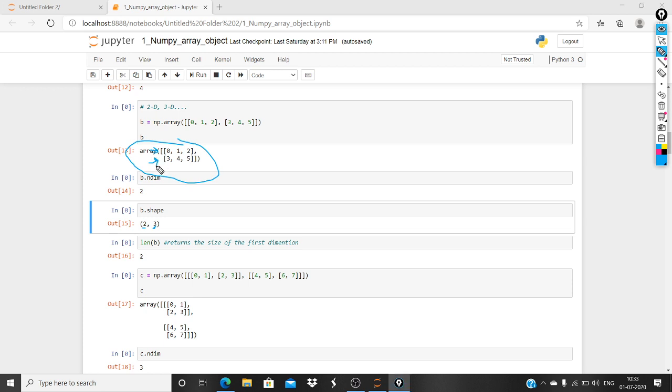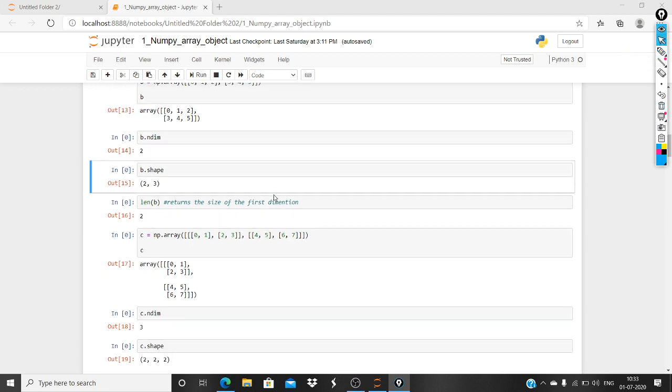And there are three columns, the standing ones are called columns. So three columns and two rows. Sorry for my drawing, it's not that good, but you can understand. This is how shape is calculated.